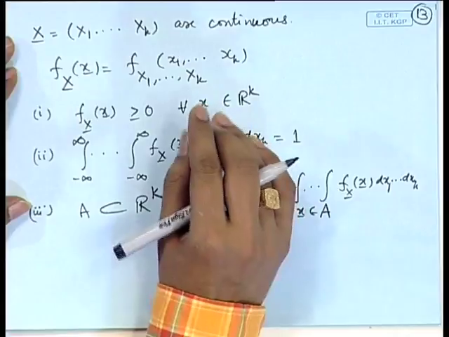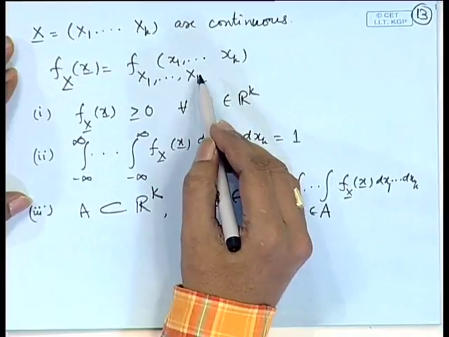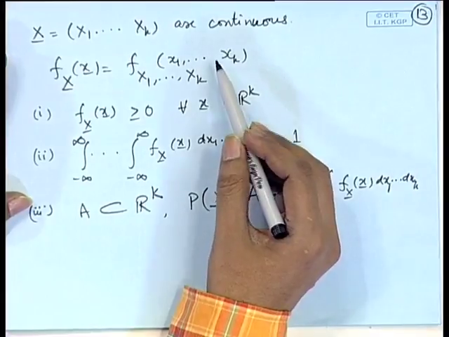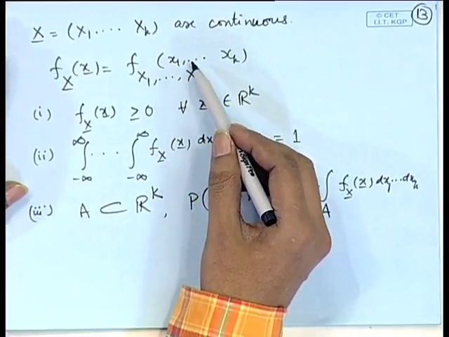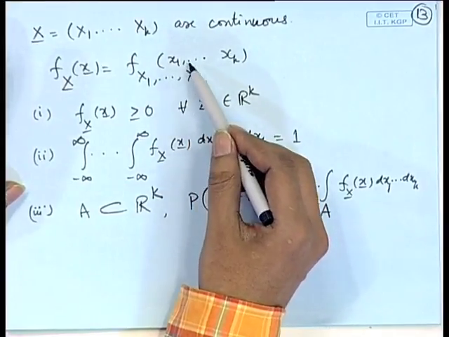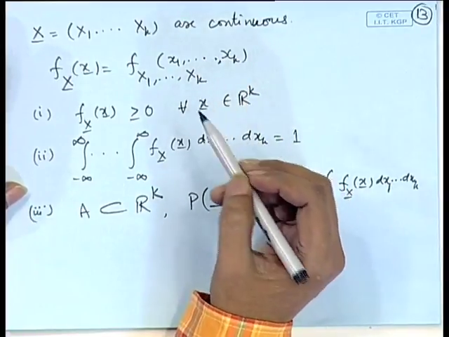Once again, the marginals or conditionals of any subset of X 1, X 2, ..., X k can be obtained by integrating over the remaining variables. For example, if I want the marginal distribution of X 1 and X 3, then leaving only X 1 and X 3, we will integrate the joint distribution with respect to x 2, x 4, x 5 and so on. Similarly, we may talk about say conditional distribution of X 3, X 5 given X 2. So, that will require the joint distribution of X 2, X 3 and X 5 and the marginal distribution of X 2.